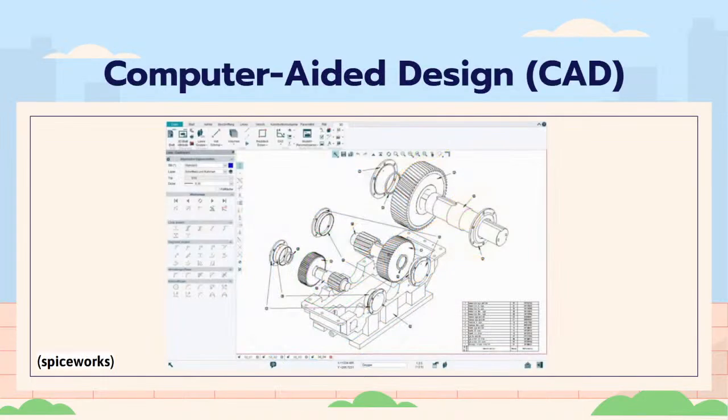Okay, ready? Another one, let's say this together. Computer-aided design, or CAD designing. Computer-aided design, CAD. There are different types of software like Autodesk Fusion 360 and SolidWorks.